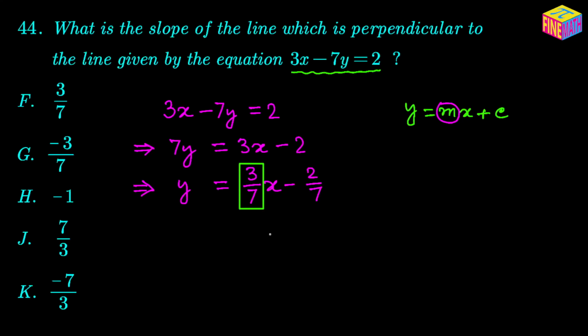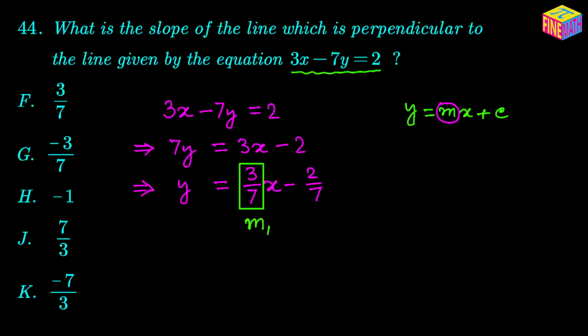That is the m. Now whose slope is this? Well, this is the slope of the line whose equation has been provided. However, we need to find the slope of another straight line which is perpendicular to this straight line. So let's say this is m sub 1. So this is the slope of the given straight line, meaning the straight line whose equation has been given in the question. And now let's assume that the slope of the perpendicular line is m sub 2,